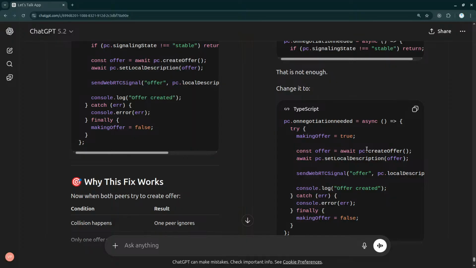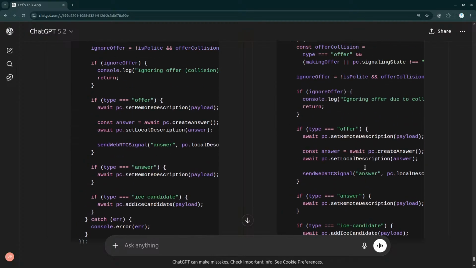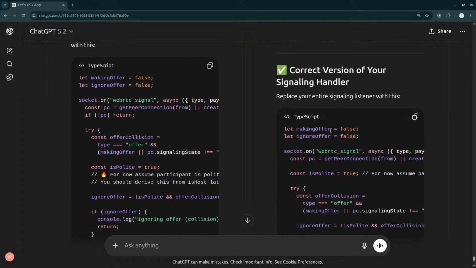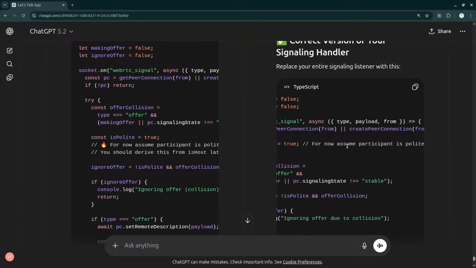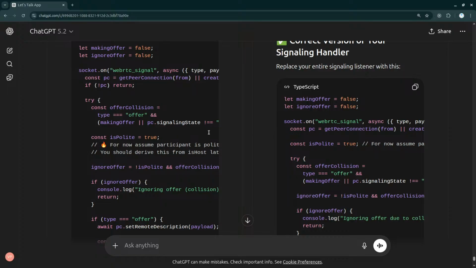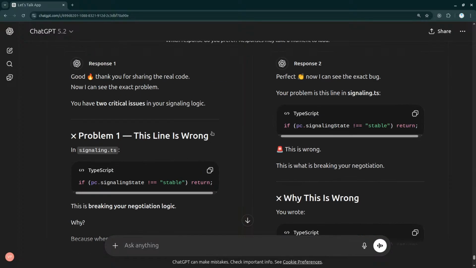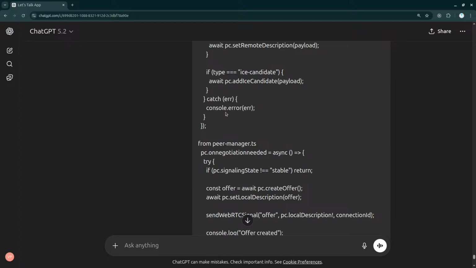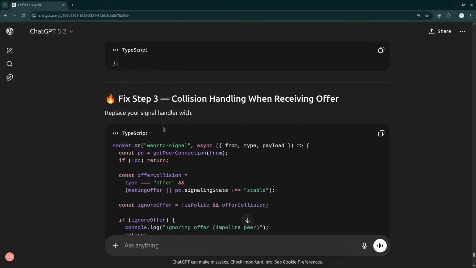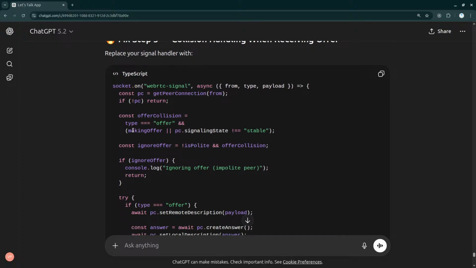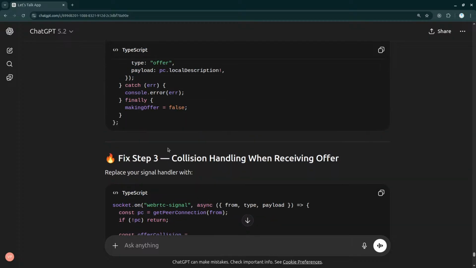So over here on negotiation and making offer, I set it, and once that was set, over here what am I getting? Making offer and ignore false, and isPolite. For now assume participant is polite. Okay, I'm assuming it here. Okay, no need to assume. First of all, let's go to the other one over here. So whenever I'm getting that, first of all I'm checking that. After that, offer collision, this ignores the offer if not polite and offer collision actually happens. Not polite in the sense that it is not the host, then ignore that. But before even that,